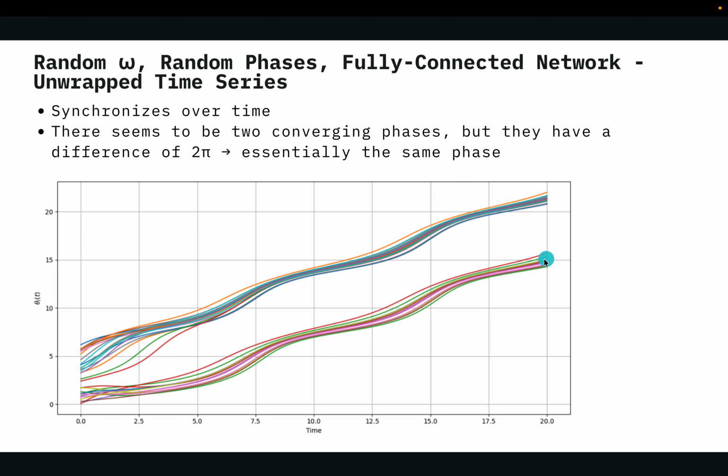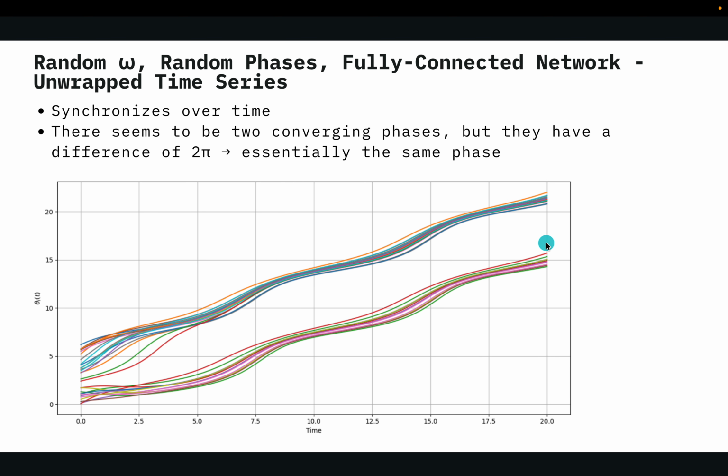What is this? Roughly, you just look at it visually. Roughly this is 15 and this is, let's say, 20, so this is roughly 22 or 21. So what's the difference between 22 and 15? Well, it's 7. I mean, 21 and 15, it's 6. So roughly, you can actually check this with the wrapped series, which we will do, but even roughly